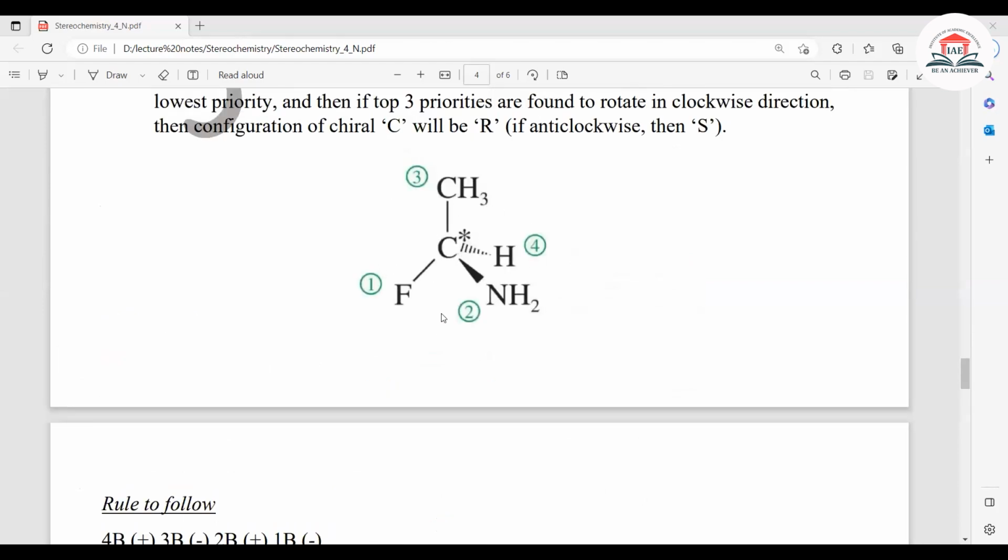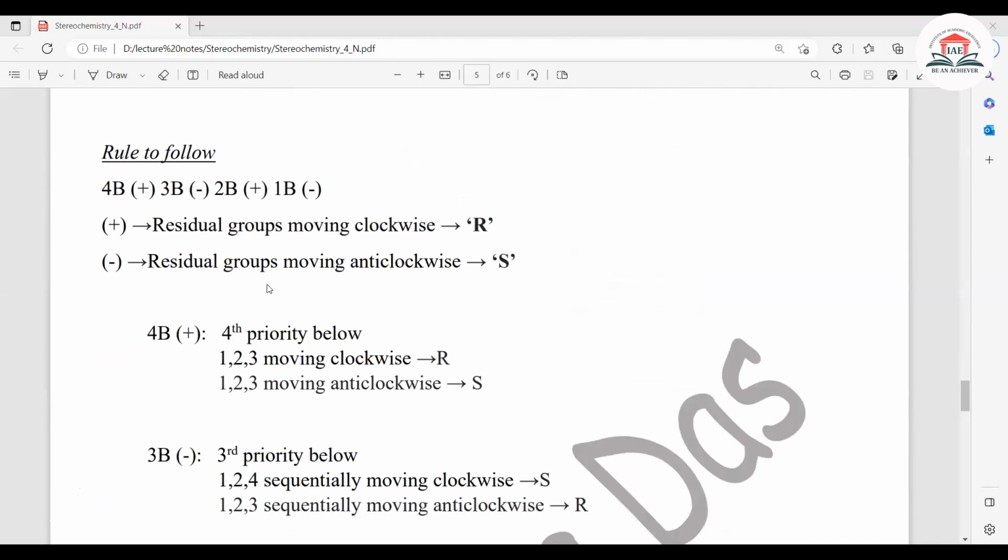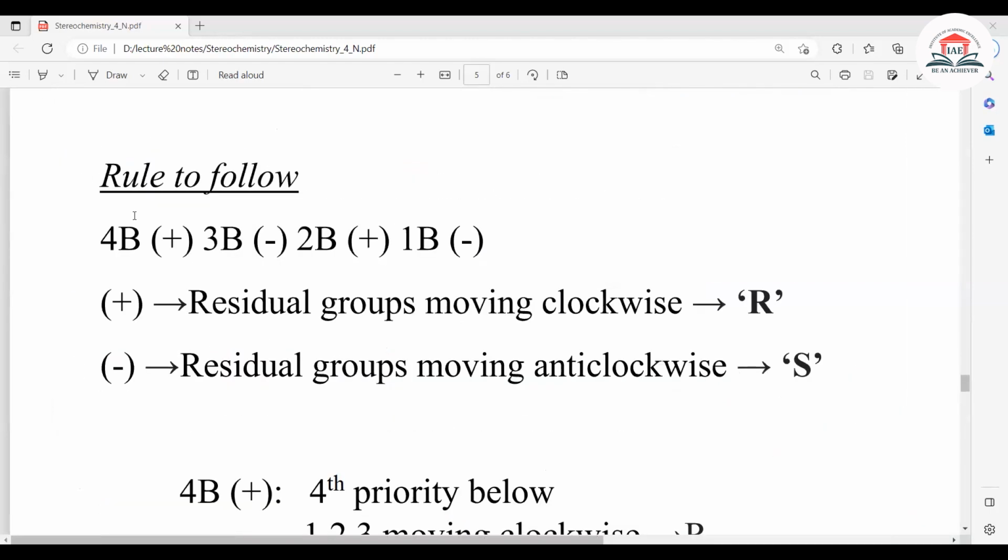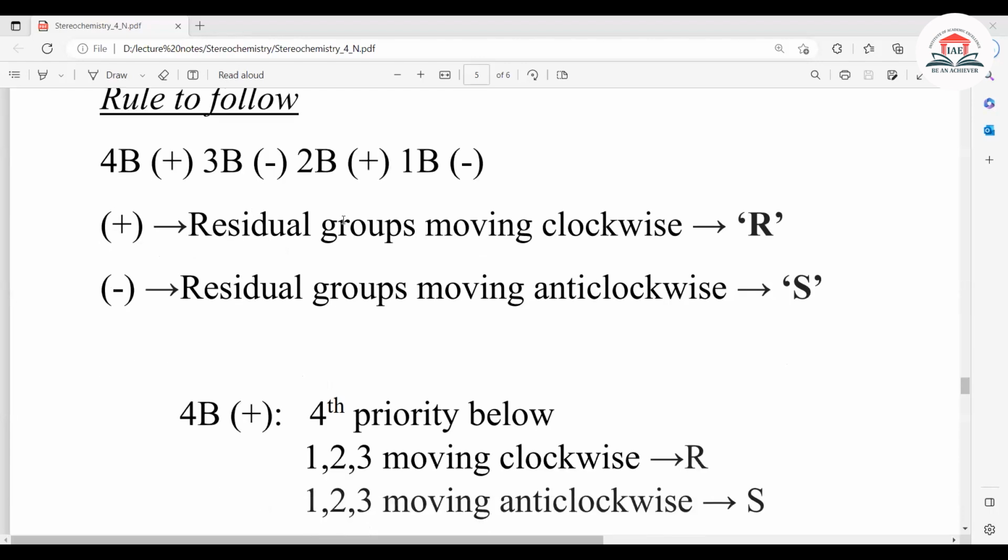এবার দেখ রুল টু ফলো, এই রুলটা ভালো করে মনে রাখবি। 4b প্লাস, 3b মাইনাস, 2b প্লাস, 1b মাইনাস। ঠিক আছে, বি মানে হচ্ছে বিলো। বিলো মানে 4b, ফোর্থ প্রায়োরিটি যদি বিলো দা প্লেন হয় তাহলে প্লাস, থার্ড প্রায়োরিটি যদি বিলো দা প্লেন হয় তাহলে মাইনাস, সেকেন্ড প্রায়োরিটি যদি বিলো দা প্লেন হয় আবার প্লাস, ফার্স্ট প্রায়োরিটি যদি বিলো দা প্লেন হয় তাহলে আবার মাইনাস হয়ে যাবে। প্লাস মানে কি, রেসিডুয়াল গ্রুপস মুভিং ক্লকওয়াইজ, তখন হয়ে যাবে আর কনফিগারেশন।